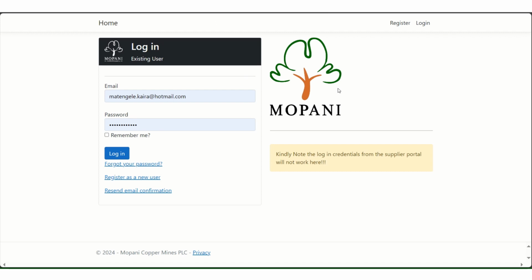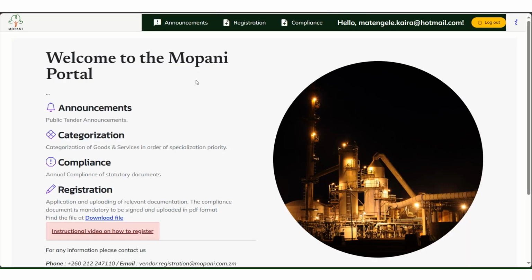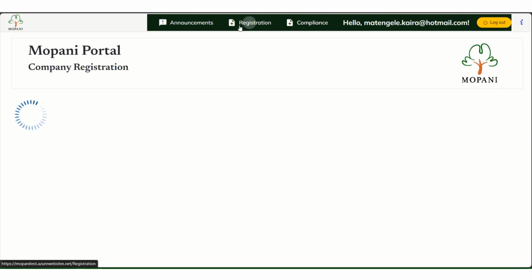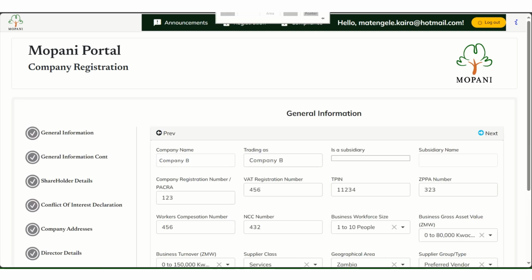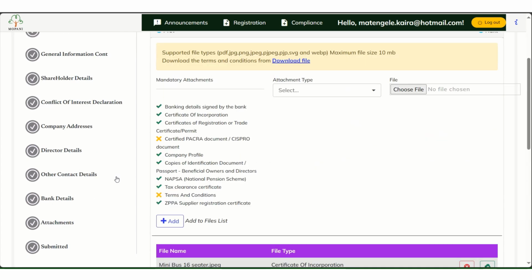Once you have entered your credentials, you can then click on Login to log into the system. Once you are logged into the system, you can then click on the Registration tab. Once you have filled in all your information and are now trying to upload attachments into the system, ensure you are on the Attachments tab on the left here